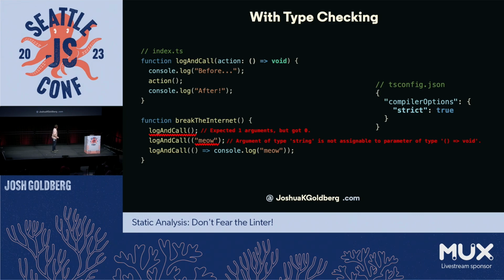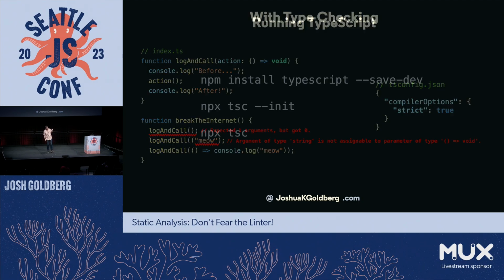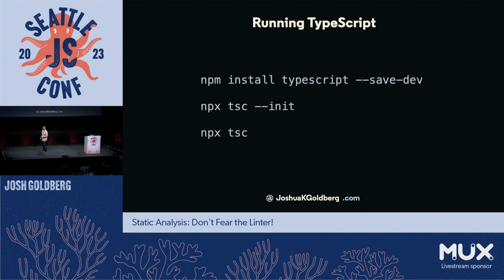Now I'll note no implicit any is in the family of strict flags, which is the TypeScript compiler option saying, punish me, daddy. Highly recommend using strict true. It's off by default for legacy compatibility reasons to provide people with a gentle onboarding, but trust me, you want to be punished. npm install TypeScript, save dev. Similar to ESLint, there's a tsc --init, which will just start you off with a nice config, and then you can run TypeScript command line or TypeScript compiler on the command line.